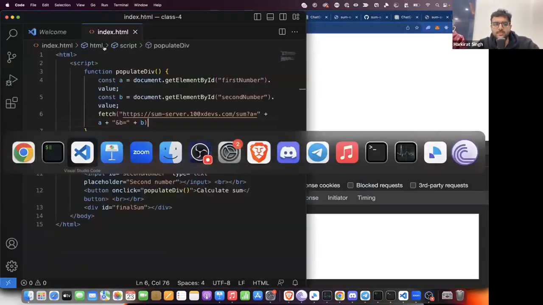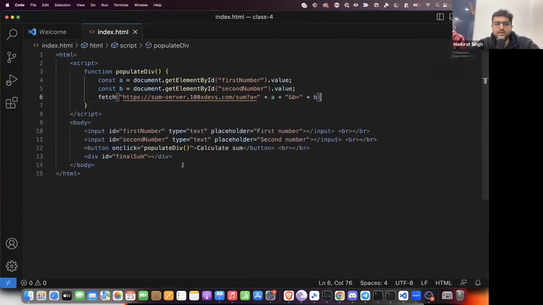This is my code. And what does it do? Anytime the button is clicked, I get the value of A and B in the current input boxes and I send a request. Question is, how do I get back the response in a variable so I can put it here in the final sum div? For that, before that,